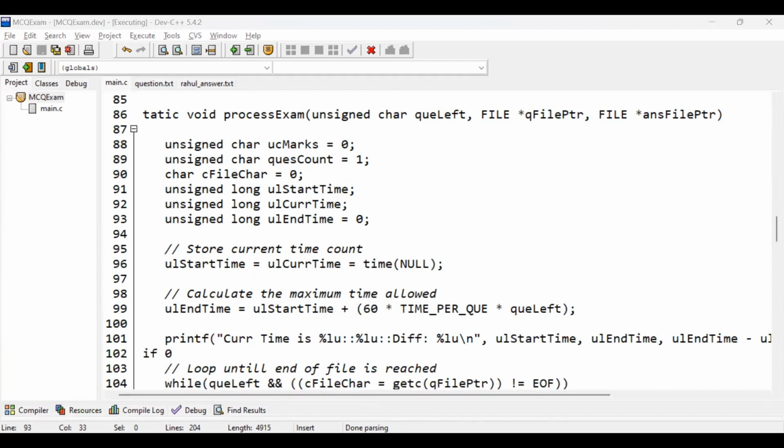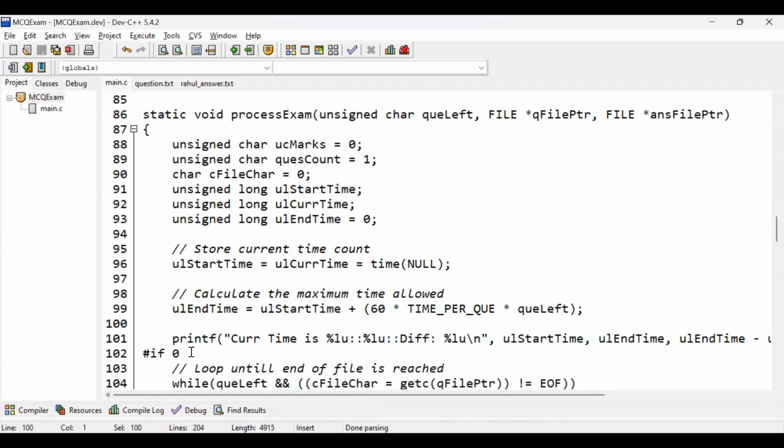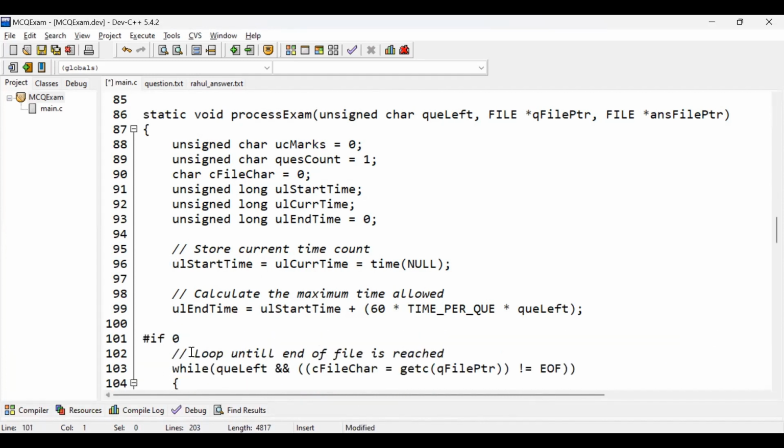Okay, let's not focus on this part. Let's focus on the difference part. 2400, which is 120 multiplied by 20 questions. So this is correct. Perfect. We are on the right track now. So I'll remove this part because we have validated this now. And end time is